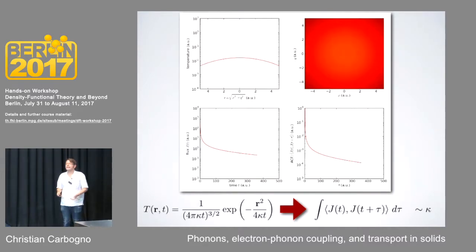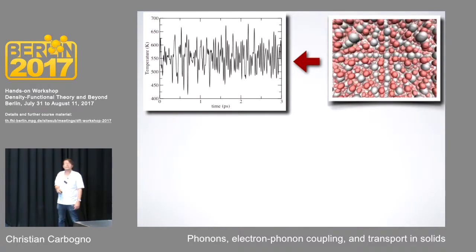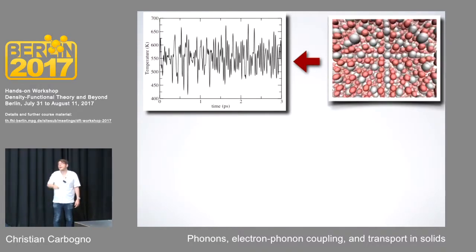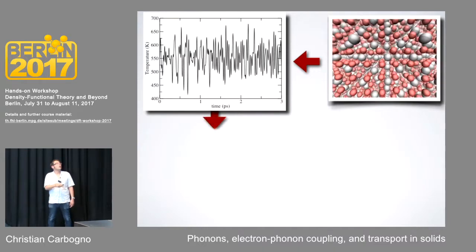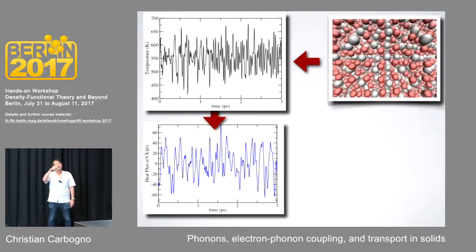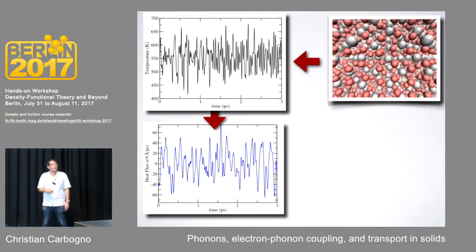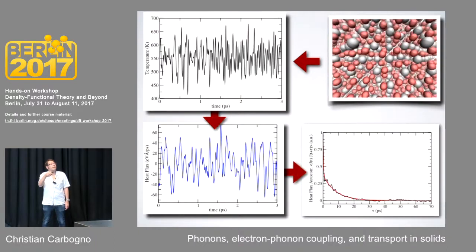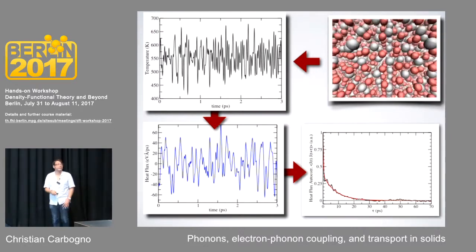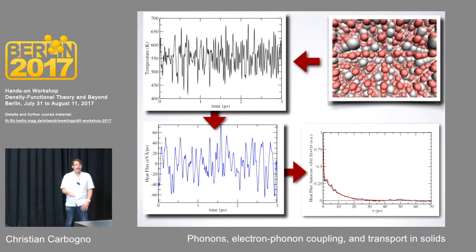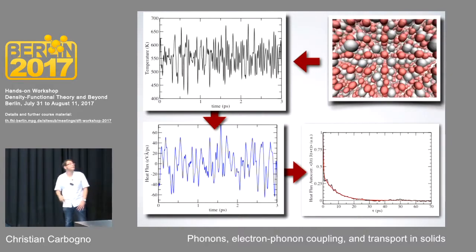The interesting thing is that the exact same happens if you look at a disordered system like in our molecular dynamics case. In that case, you don't have such a nice temperature profile. Actually, you have huge fluctuations that go over each other. And also, if you look at the heat flux itself, this is something that is oscillating. You have heat going from one place to the other in your supercell. But if you calculate the autocorrelation function, you get again something that is smooth that you can integrate over to get your thermal conductivity. Now, how can we do that in a real ab initio approach?